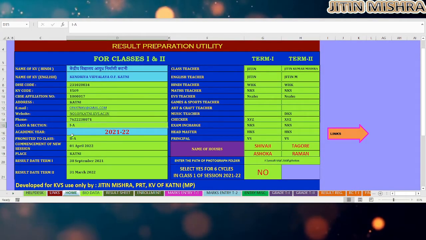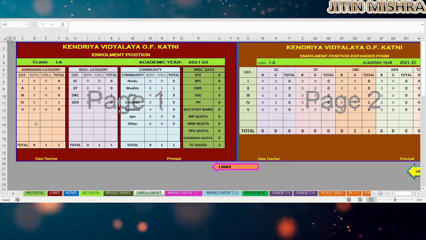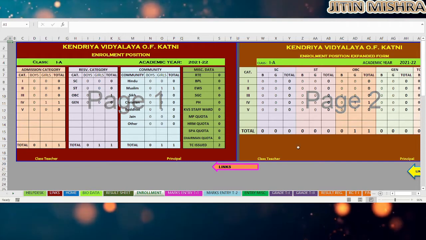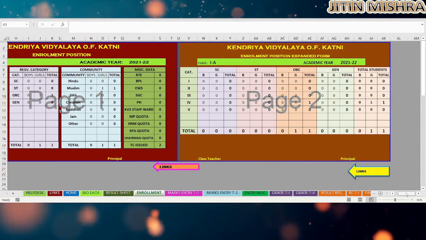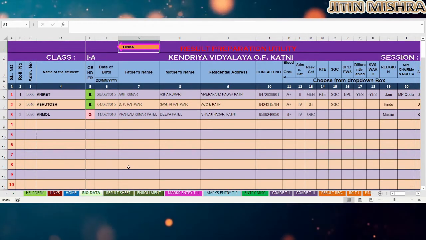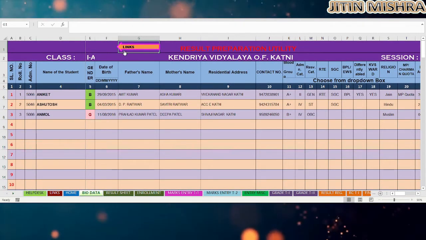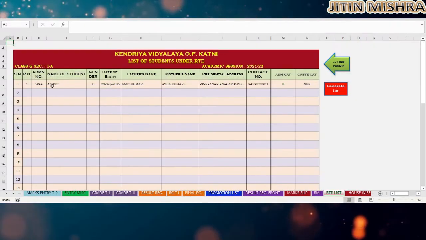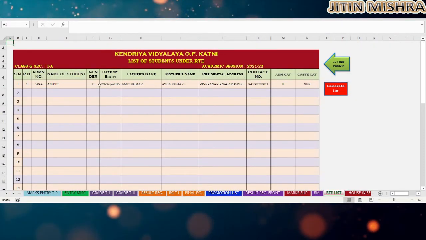Now have a look at the outputs. First is enrollment position. You can see the enrollment status of your class is prepared automatically according to the data entered by you in the biodata sheet. Second is the RTE student list.